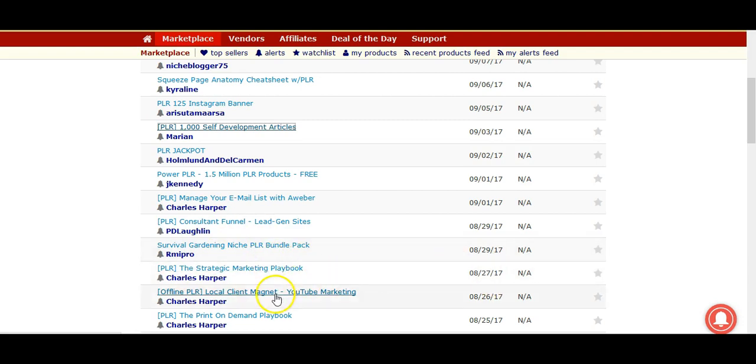And then you can see there's offline PLR. So there could be business topics, different topics like how to do maybe YouTube marketing and stuff like that too. So not only could you sell your articles to people online, but you maybe could go to businesses in your area and offer those articles, and you could bump up the price, because they would be the end user and they wouldn't be selling it on. So you could create those articles and maybe create reports or guidebooks and sell them to local businesses. So you could do a generic one on how to market your business on YouTube.